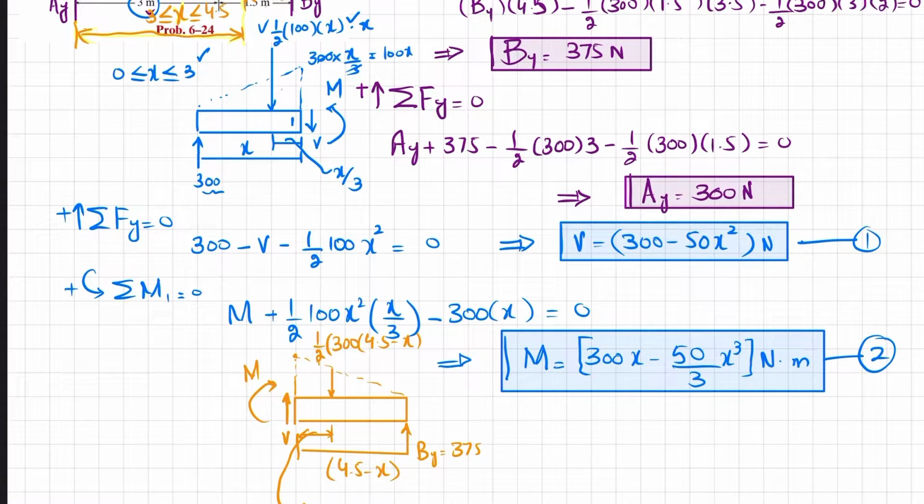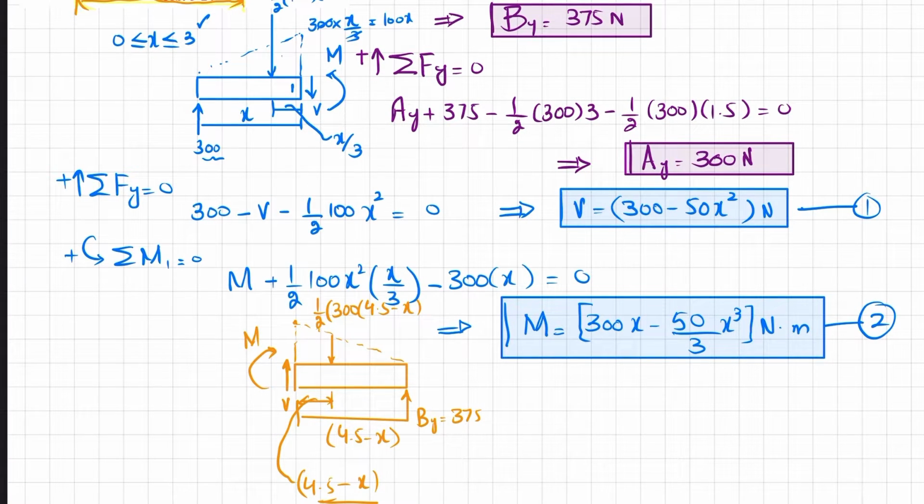Okay, so basically you will have this, let me check it again, 1 over 2 into 300 into x, 1 over 3, 4.5, and the distance will be again 4.5 minus x, because